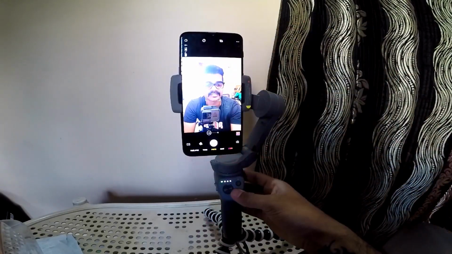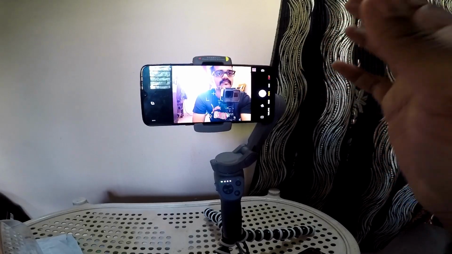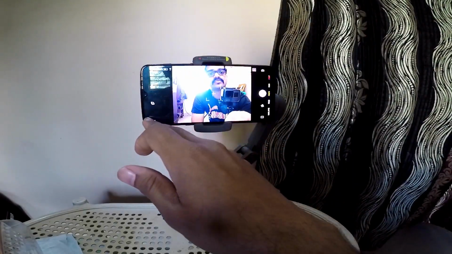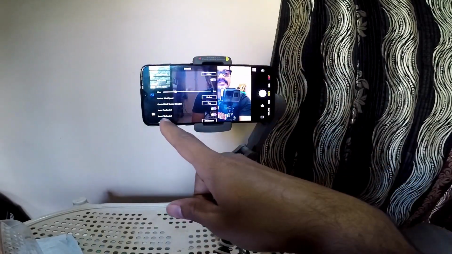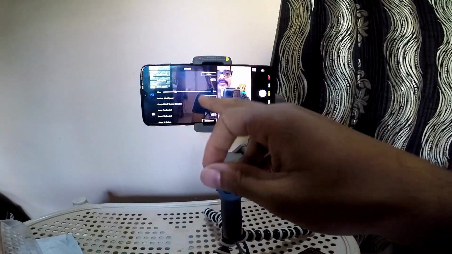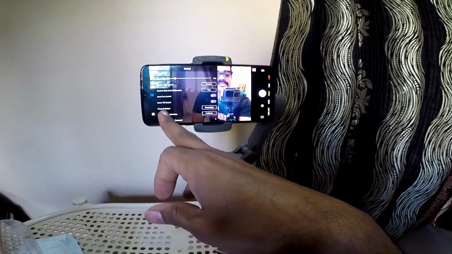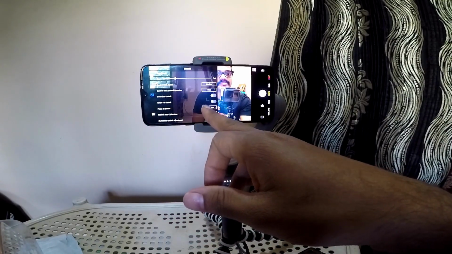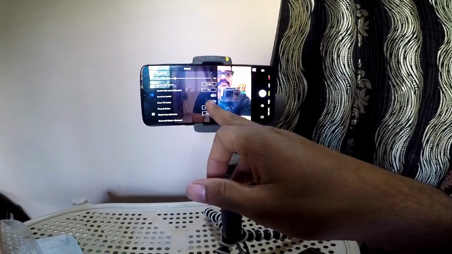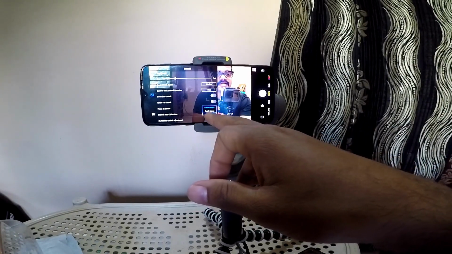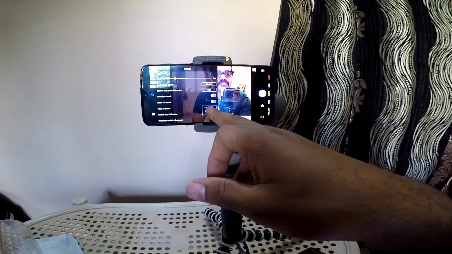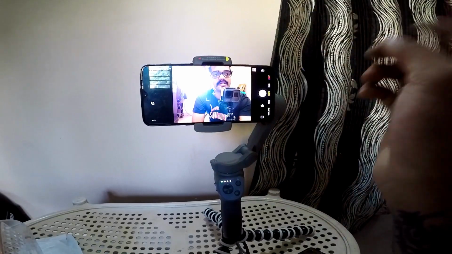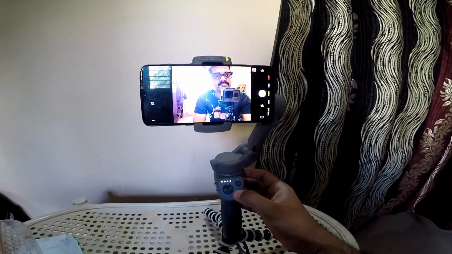So for that, when you open the app, you just have to go to settings here. Then there is one option here, press M button. So in that they have, by default it will be photo or video. That you have to change. The second option is quick menu. So I have selected quick menu now. Now I'll go back. Now if I press M,